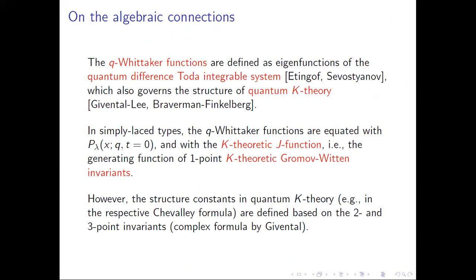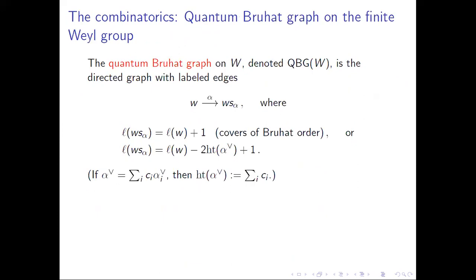But before I do that, I want to explain the underlying combinatorial model, because all of this representation theory and geometry has underlying combinatorial models. And that's the quantum alcove model for me. So this combinatorial model is based on a very elementary structure called the quantum Bruhat graph. So this is a graph on the finite Weyl group, which you basically get from the Bruhat order